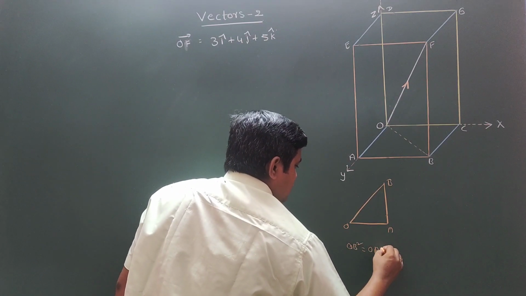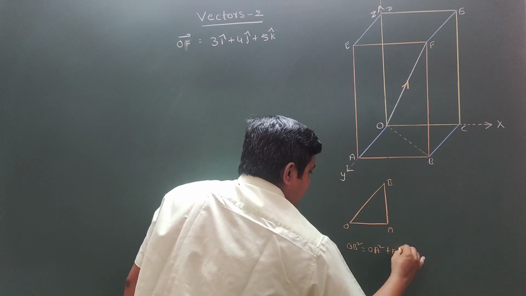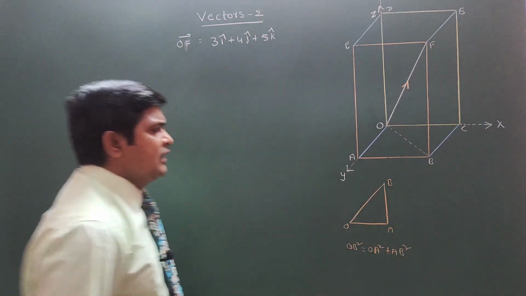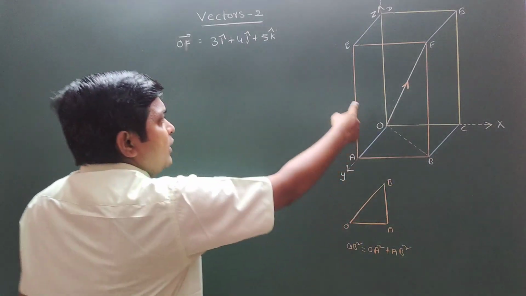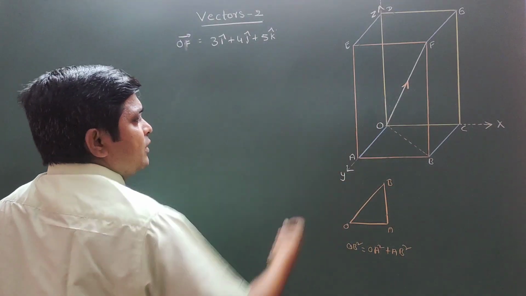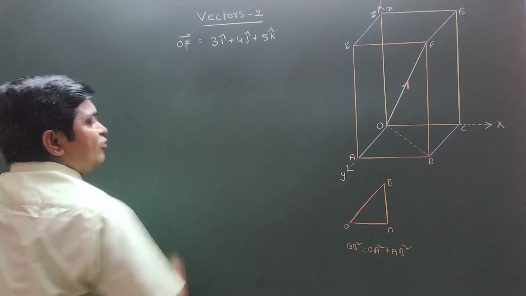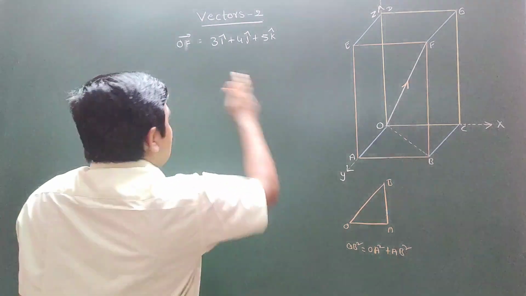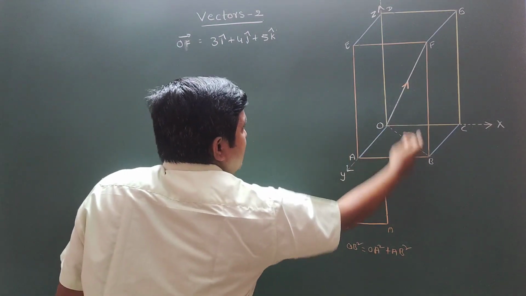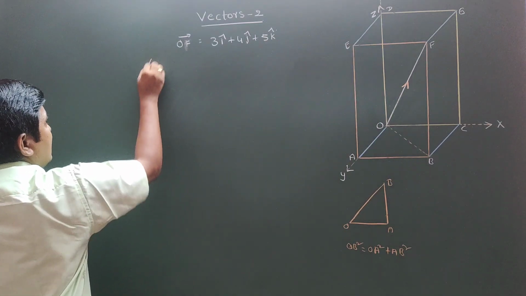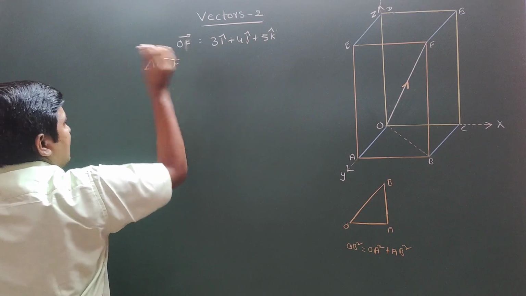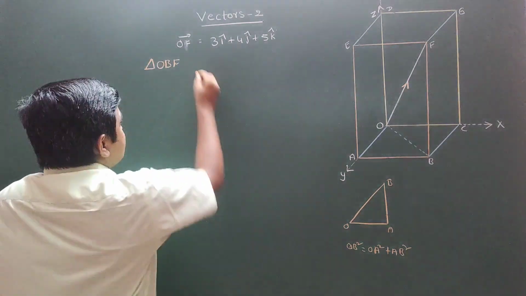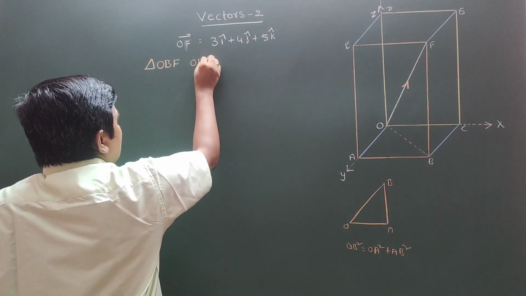OB square equals OA square plus AB square. Like this you can take it. Similarly, observe this diagram. Which triangle can you see for getting OF bar? For getting that OF bar, you can see OBF. So from the triangle OBF, what will you get? OF bar equals,